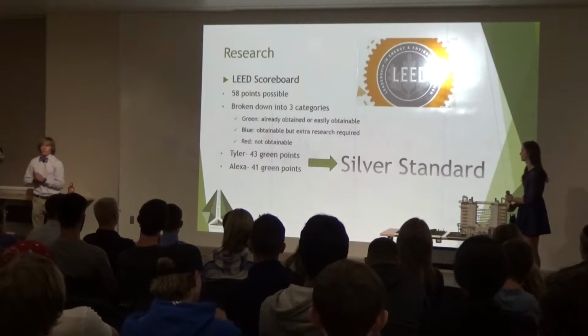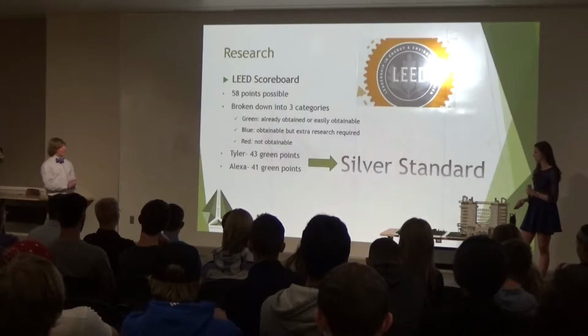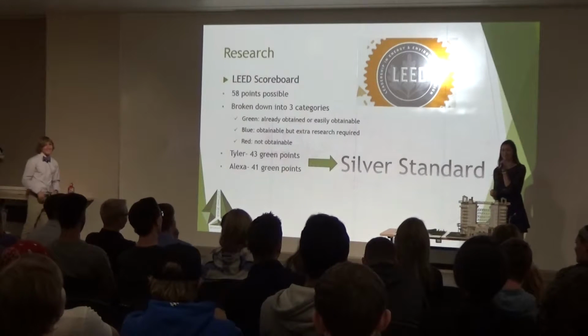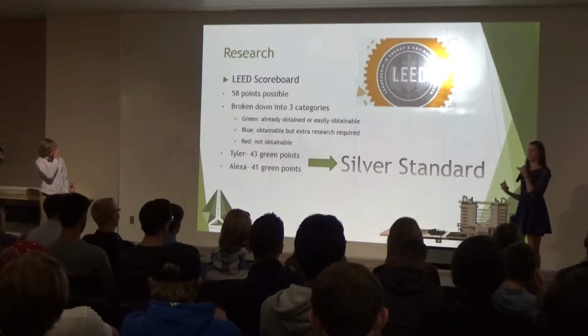This combines to a grand total of a silver standard, which is not too shabby for your first time using LEED. And the only reason Taylor has 2 more points than me is because he built on top of the other airport and I didn't, so that's what